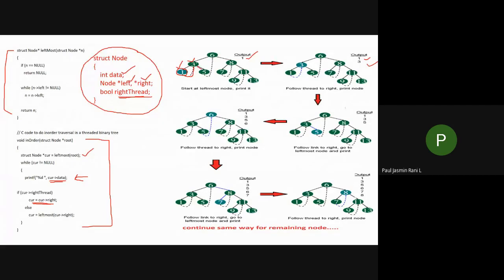So if the current value is equal to a right thread, it means I have to go for the right side. So I'm going to visit the right side. From this right side, what happens again? I have the 5, so I'm going to visit this 5. After this one, I have a thread. So from this 5, I'm going to see this thread. So 6 is printed.